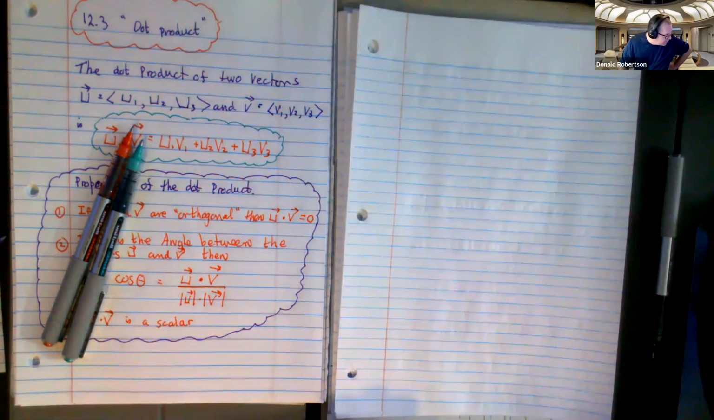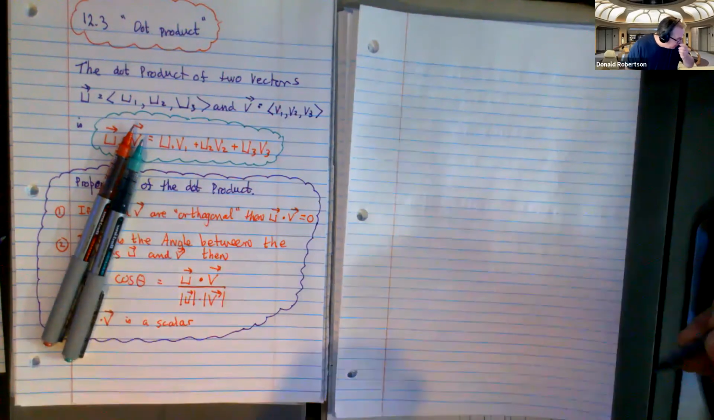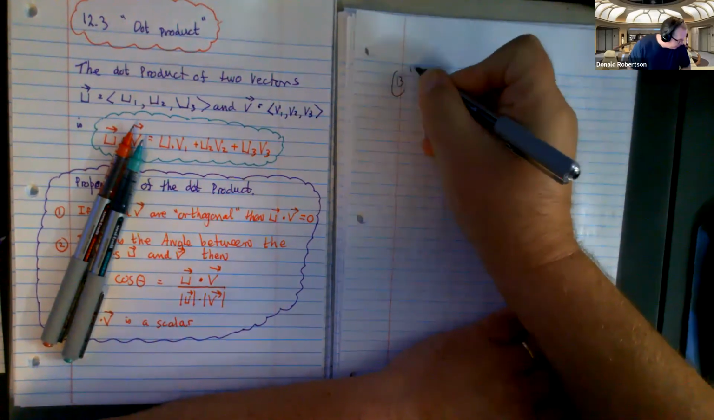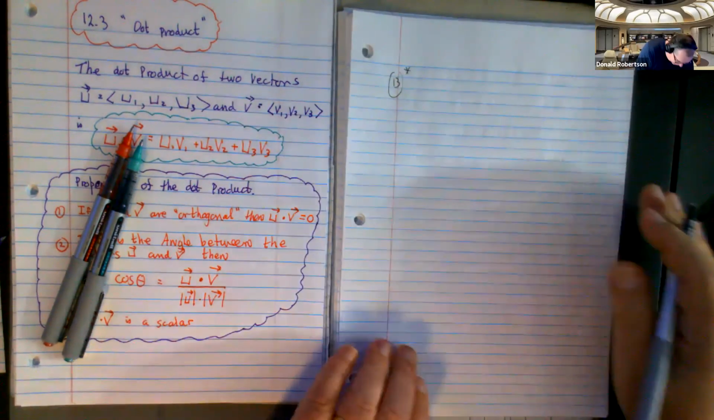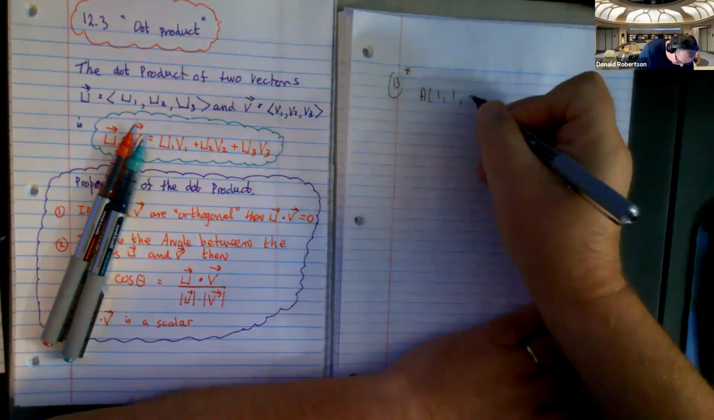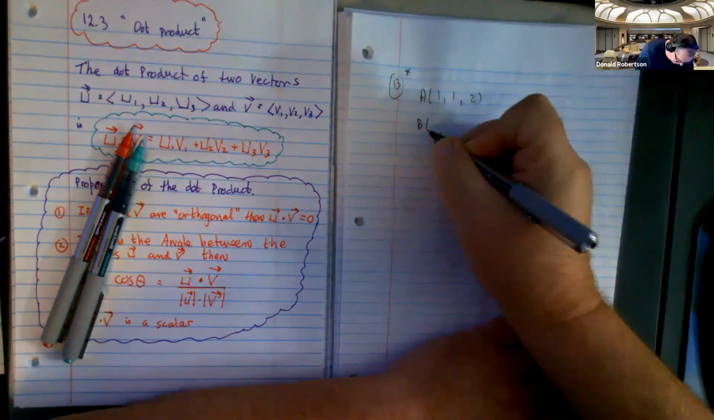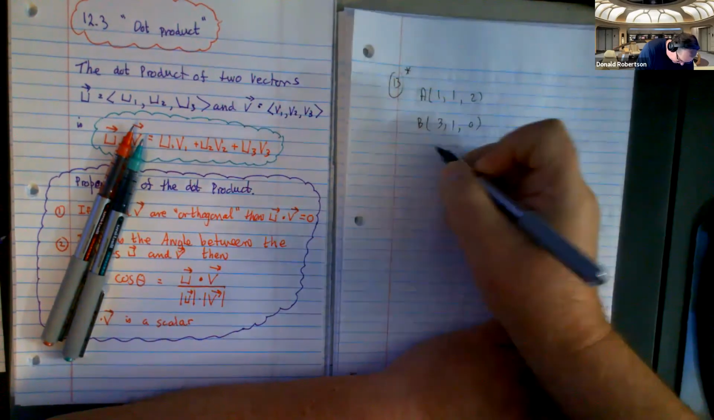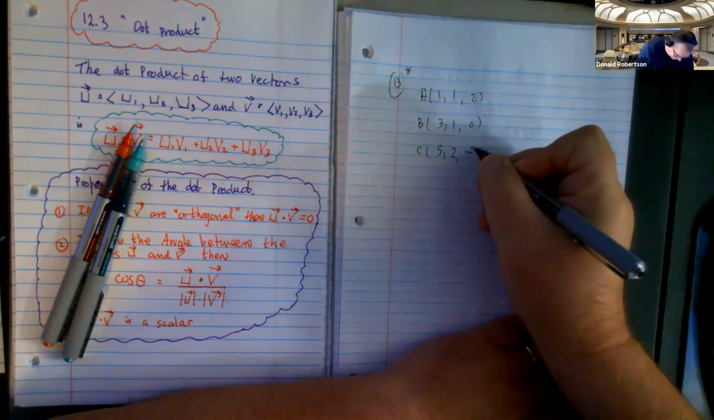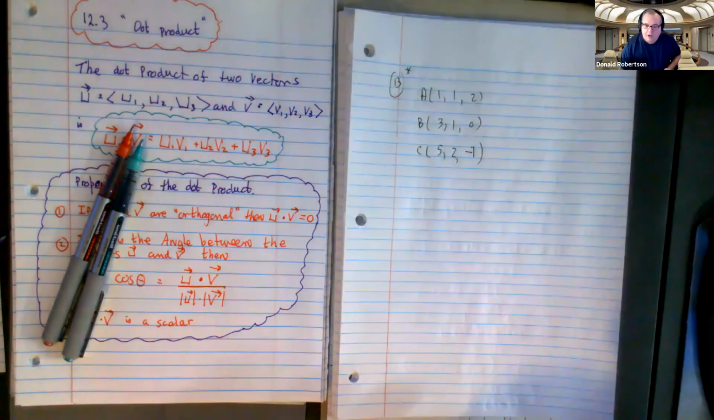Any questions so far? Are we good? This is mostly number crunching. So now we are going to find a version of question 13. And I like question 13 a lot. So 1, 1, 2, 3, 1, 0, 5, 2, -1. And we are going to find